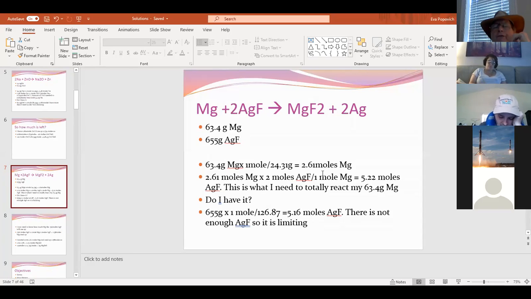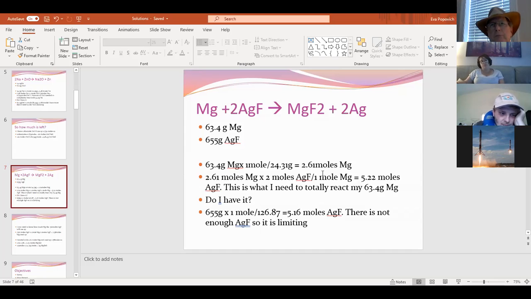Again, guys, first step. What is the first step? Any stoichiometric problem. Turn the grams into moles. Turn the grams into moles. Okay, so I've got 63.4 grams of magnesium. I'm multiplying it by 1 mole over the atomic weight. This gives me